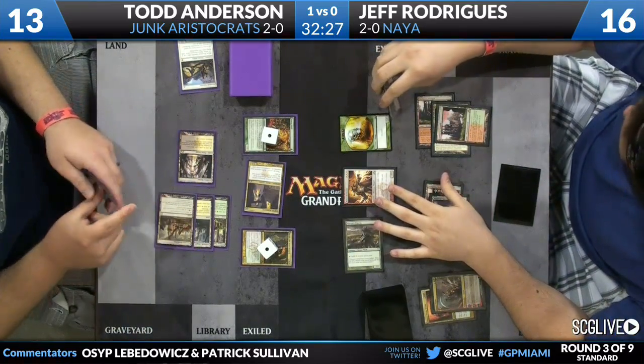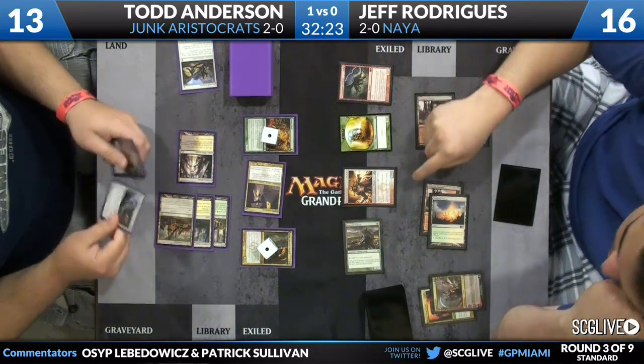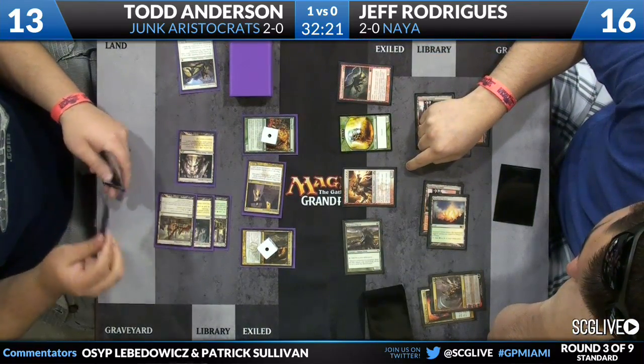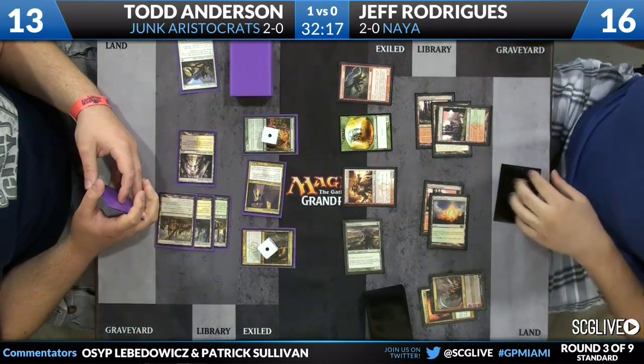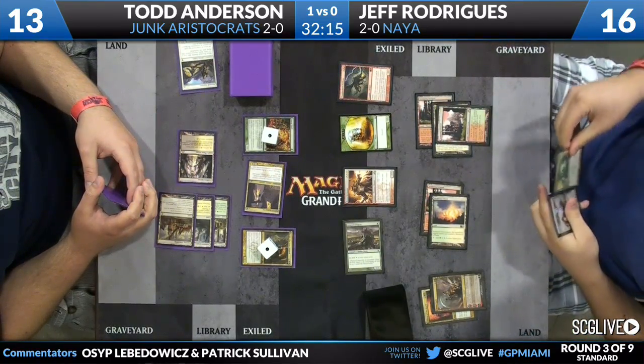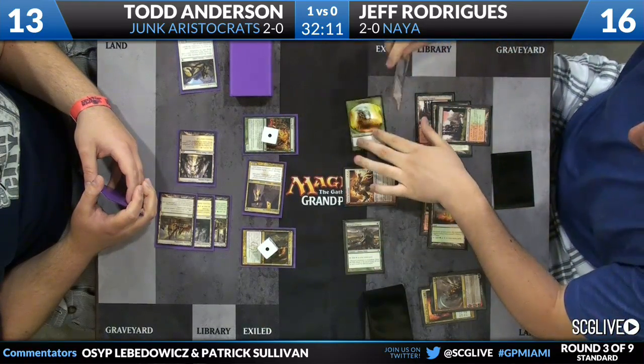Rolls can block. Yeah, it looks like everything's going to come in here. Rolls and Young Wolf can jump in front of the token if he chooses. Not a great situation. He still has a Selesnya Charm in his hand too. I think I would just send Thundermaw and leave the...